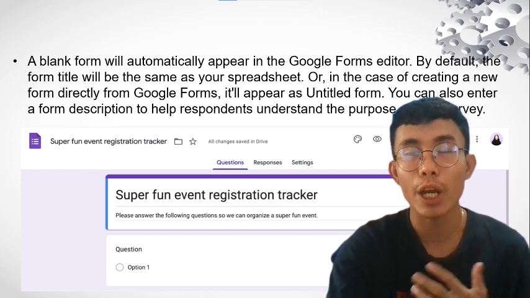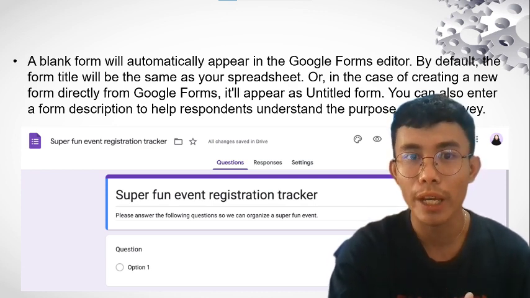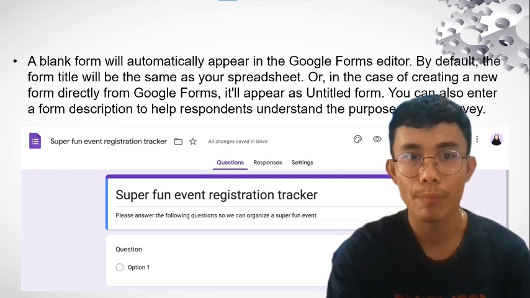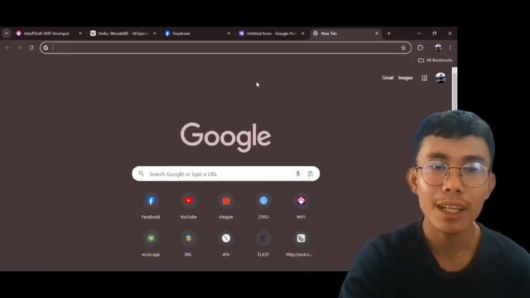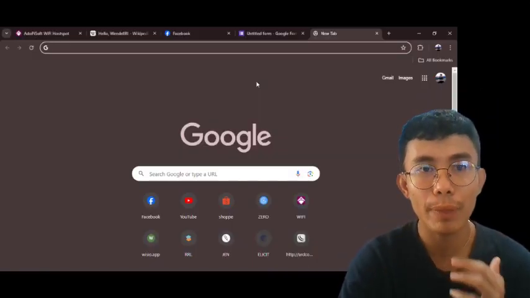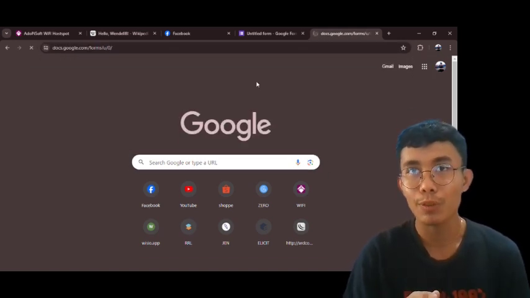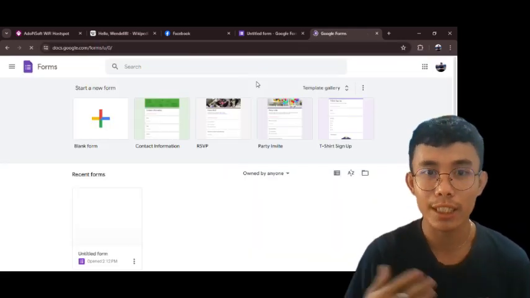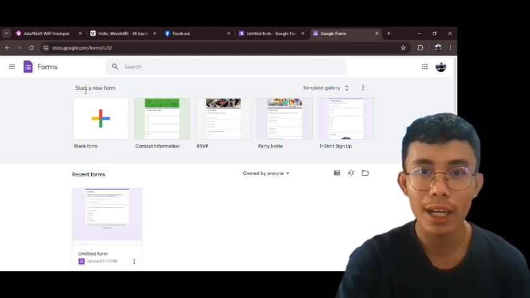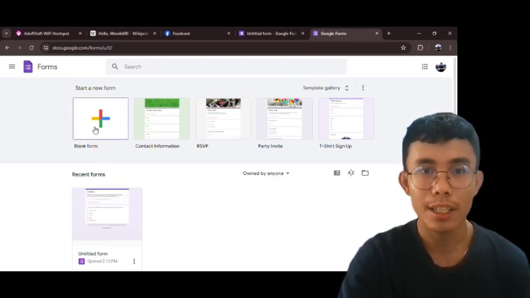So as I've mentioned, I will utilize Chrome to do the Google Form. So, ganito, i-paste nyo muna sa Chrome yung link, yung kanina na sinabi ko. Then, you can add, yan.